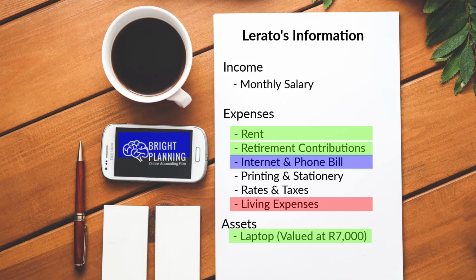And then printing plus stationery, this one can easily be categorized as an expense which you can get straightforwardly, but in some cases some printing can be used for other reasons, personal or school projects or whatever. But once again, so long as more than 50% of it is used for business, you're able to get it via section 23B. Rates and taxes, this one is quite important because when you pay your monthly rates and taxes,